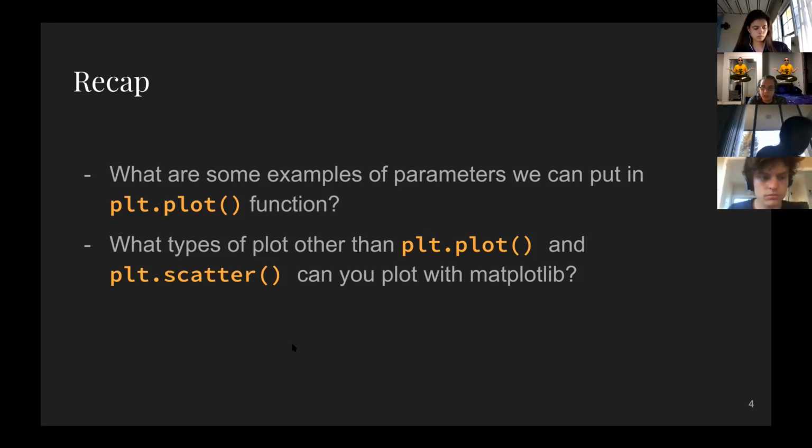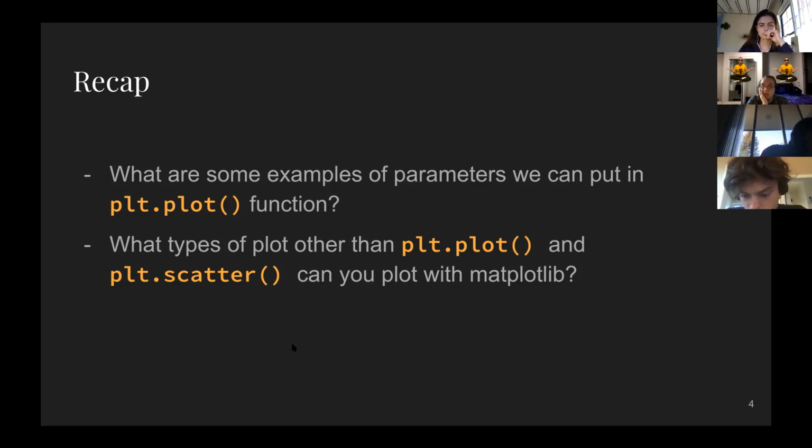I will mention it. So plt.plot is used for when you want to make continuous plots, or you don't want to have discrete data points like dots on your graph. You want to have a continuous function. You can put an argument into plt.plot to make it the same thing as scatter, but typically you want to use plt.scatter if you're plotting lots of dots or data points, and then plt.plot for a function that's continuous that you want to plot on your graph.